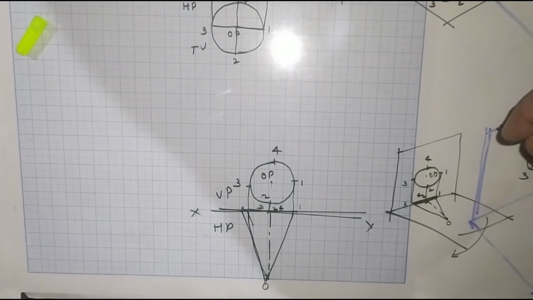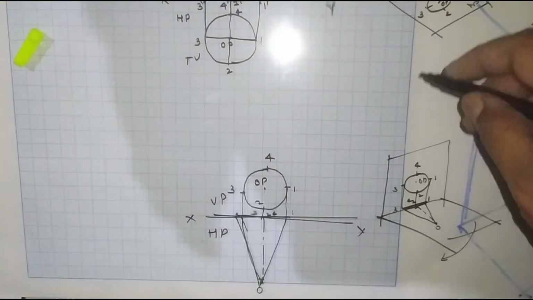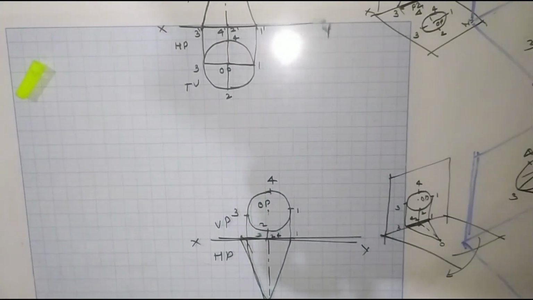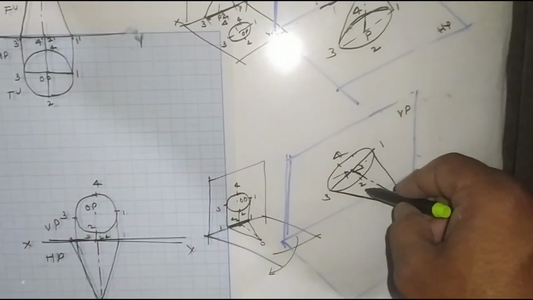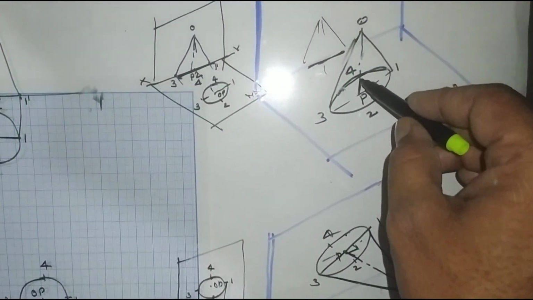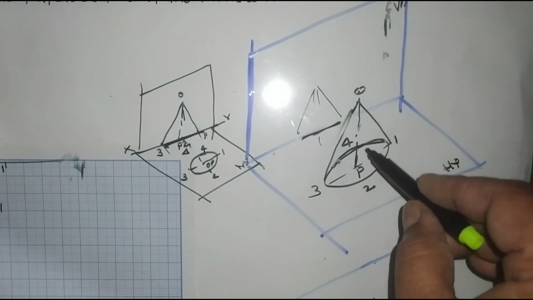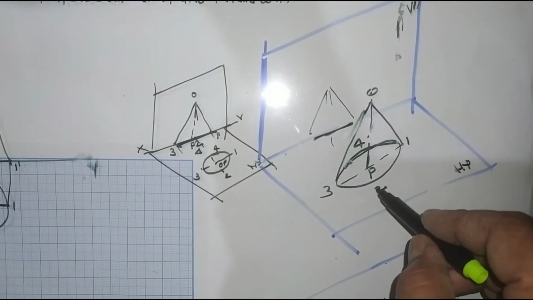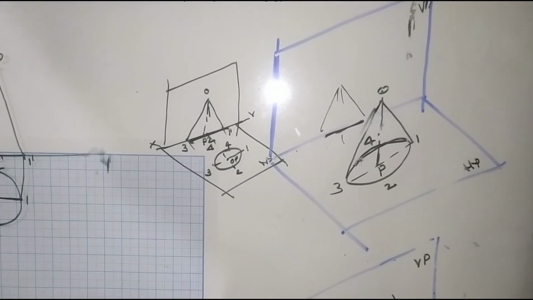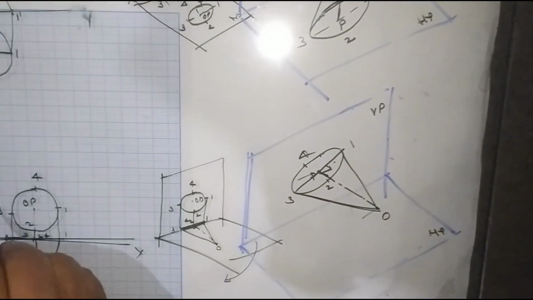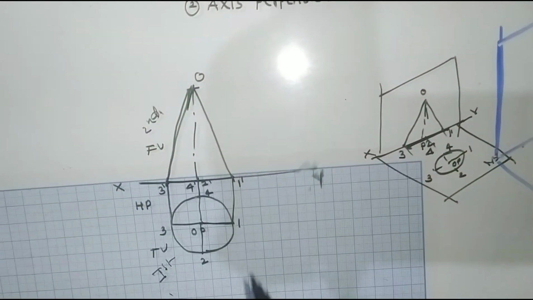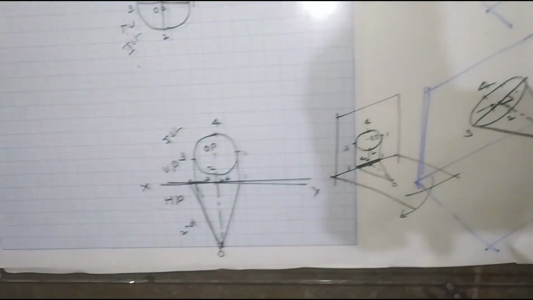Now, what we have studied in the last lecture: the difference here is that in the first case the axis is perpendicular to HP, and here the axis is perpendicular to VP. As the axis in the first case is perpendicular to HP, first we draw the top view. This is the first step. In this case the axis is perpendicular to VP, so the first step we have drawn here, and the second step will be here. That sequence we have to study.